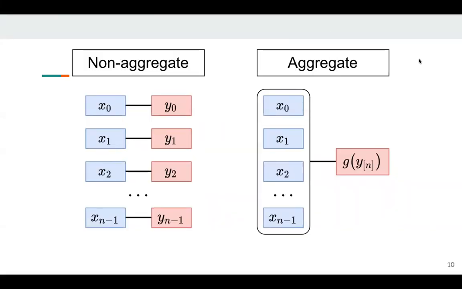We now see pictorially the distinction between aggregate and non-aggregate weak supervision settings. On the left, we have non-aggregate settings, where there is a one-to-one relationship between instances and annotations. On the other hand, on the right-hand side, we have an example of an aggregate setting where a number of instances share the same annotation. Examples of these include multiple instance learning, where the annotation is positive if at least one of the true labels is positive, and negative otherwise. Another example is label proportions, where we only get to observe the proportion of each class in the group.